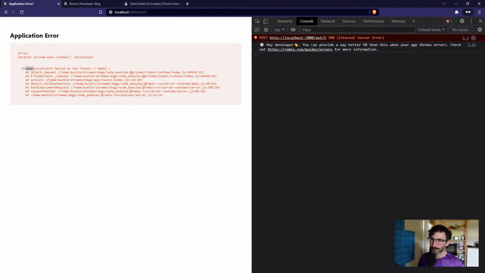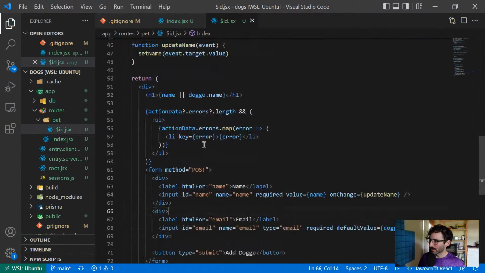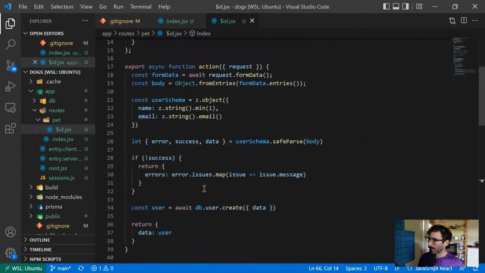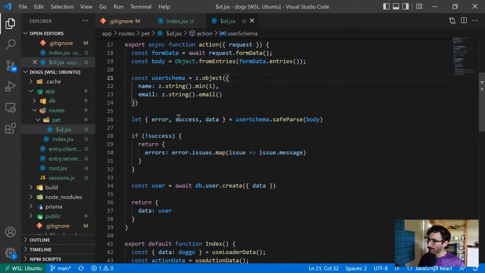That makes sense. We don't want to create a new user. We are sending our form data. The form data is coming up to this async action, which means we need to pull that information and then we need to update the user. So we will